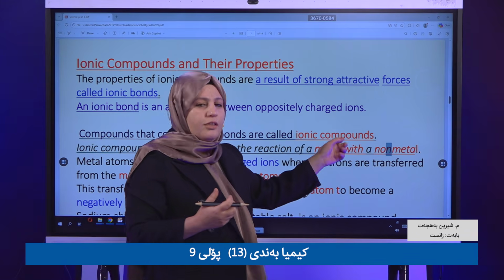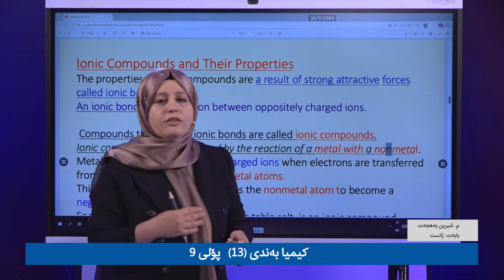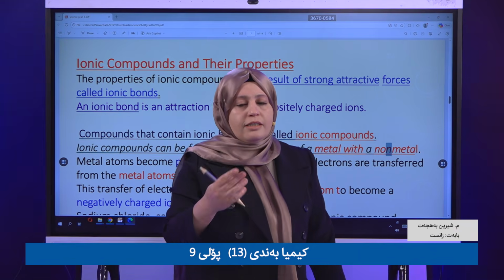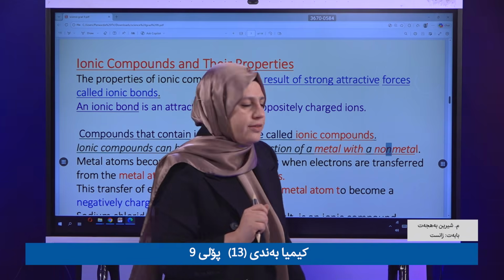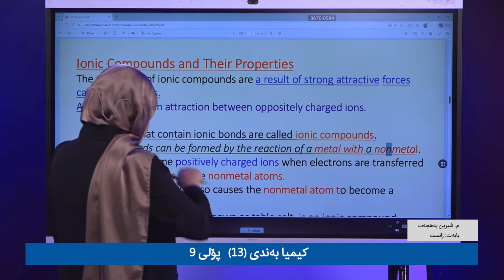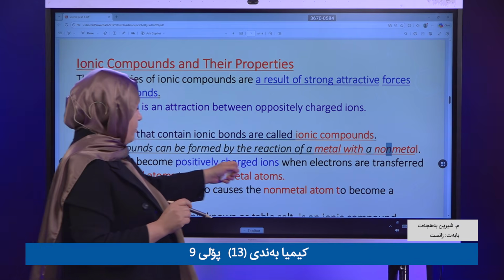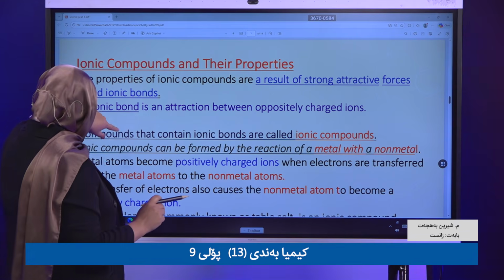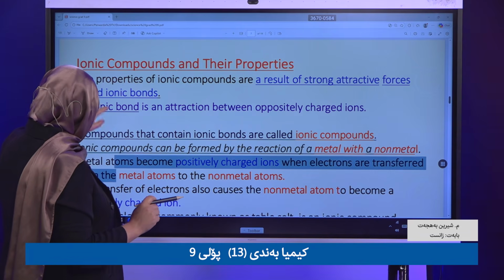Metal has a positive charge. Why? Because it always gives away electrons. Which kind of electron? Valence electrons, which are present at the last level of the atom. Electrons are transferred from the metal to non-metal atoms. These transfers